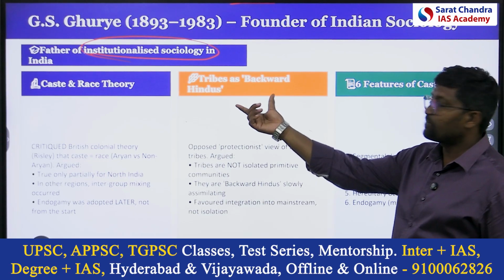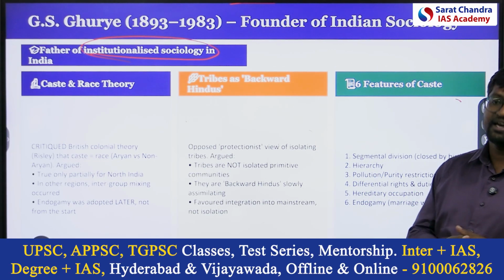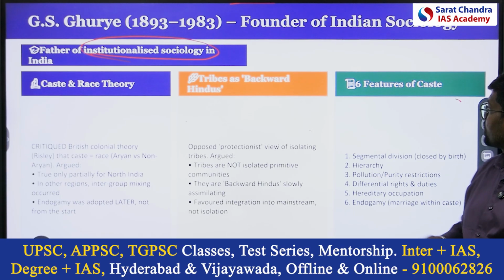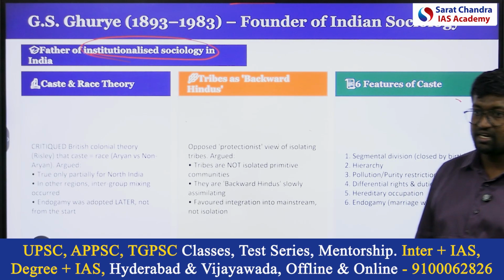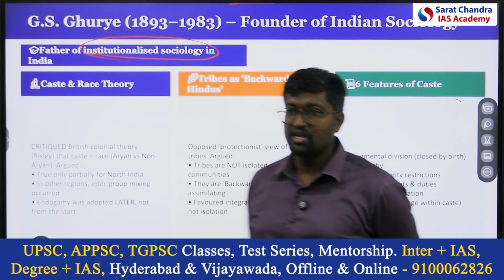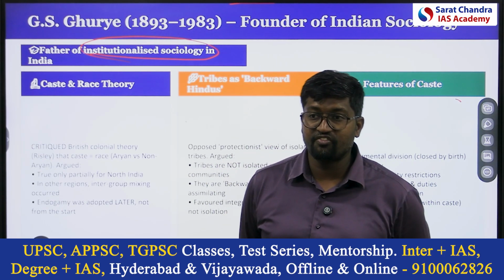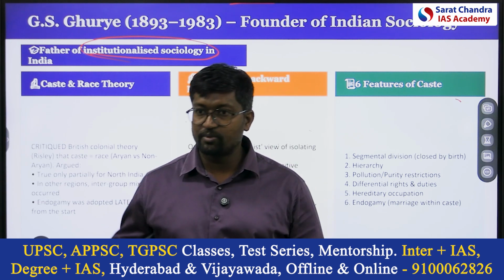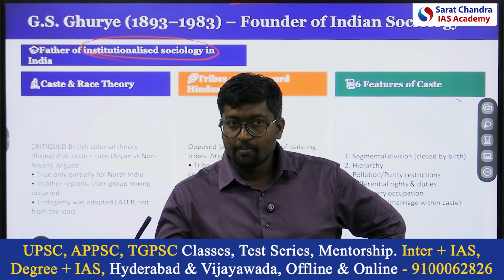Next, tribes as backward Hindus. Tribes are Hindus only, but they are backward Hindus. Next, he talked about 6 features of caste system. In his book on caste system, he talked about 6 features. One is segmental division of labor, segmental division of caste system. What do you understand by segmental division of caste